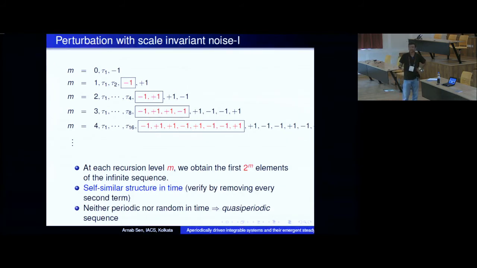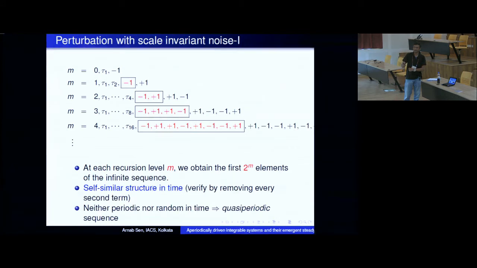Now, in this recursive construction, at each level m, you obtain the first 2 to the power m elements of this sequence. What you can easily verify is that this sequence has a self-similar structure in time. How do I verify that? I take the infinite sequence. You can see that it's infinite because the elements are spilling out of the slide. So it's clearly infinite. Then, let's say you remove the